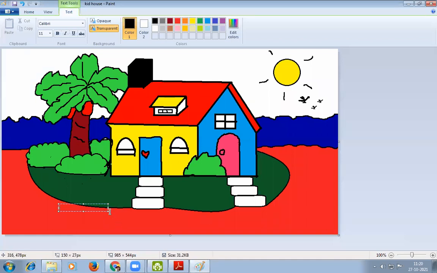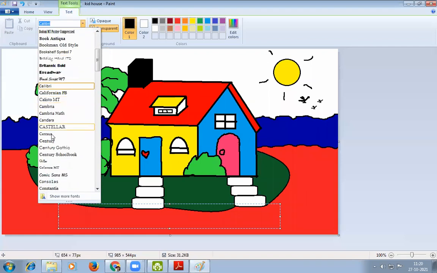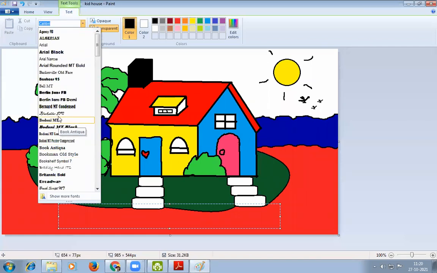So after clicking on the desired place, we can change the size, shape, and face of the text. So these are the faces of text, and it means the design of the text. You can choose any design that is appropriate or your favorite.